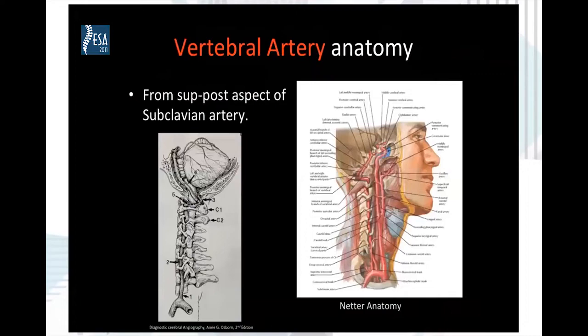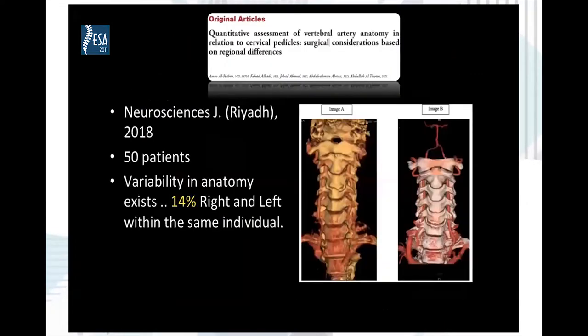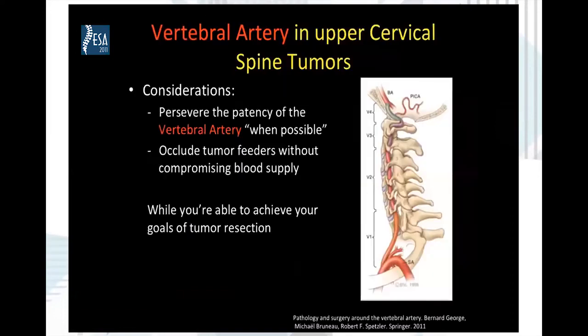So the vertebral artery anatomy is very well known to this audience. The variability in vertebral artery anatomy is not uncommon. We did a study before in 2018 where we reviewed the CT angios for 50 patients, and we found that variability in anatomy exists even in the same patient in 14%, where the vertebral artery enters the spine at different levels. When there is a tumor, the tumor obviously changes the anatomy, can push the artery outwards, can totally engulf